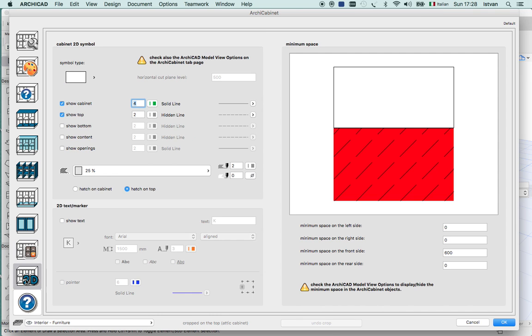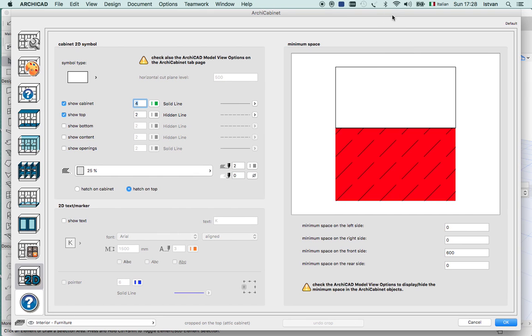Then I can switch into the last menu. Here I can modify the 2D symbols. I can decide how to let this cabinet appear in a plan or elevation. Let's start from the minimum space. That's the minimum amount to let the flipping doors open. For security reasons, I have to set an accessible space in front of my cabinet, so I can change it, say